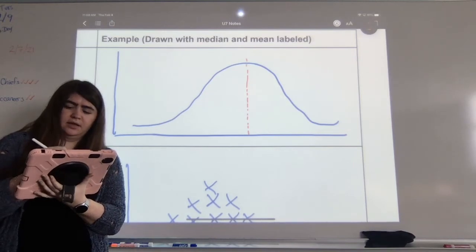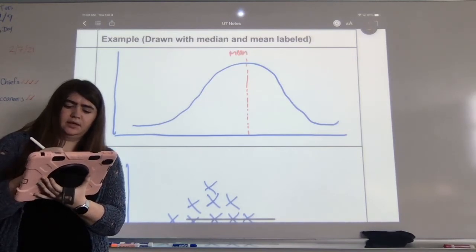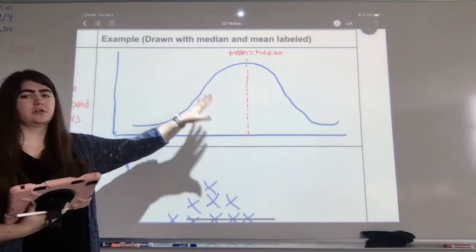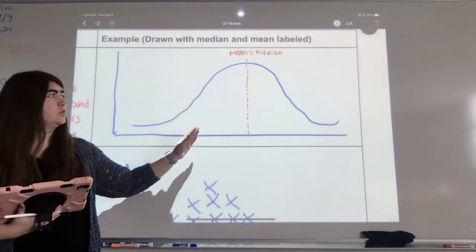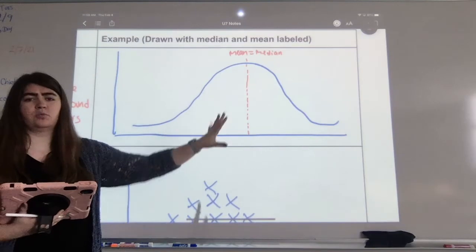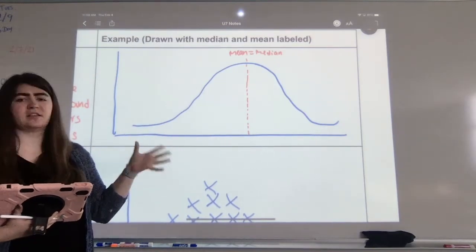So this is the mean and the median. So the median and the mean in a normal distribution are equal, and they're right in the center of our data. This is ideal. This is what we want our data to look like,